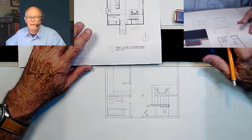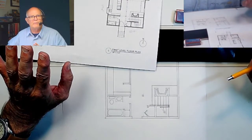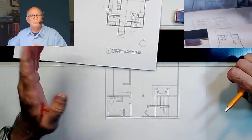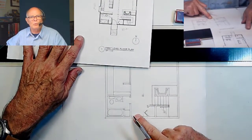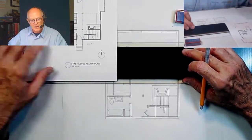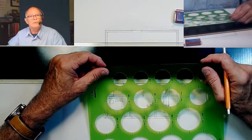Let's talk about doors for a minute. As you saw in the lecture, we talk about the doors and how they're represented, and there's a variety of ways of showing them. But generally speaking, the standard is to show the door in a 90-degree open position. So I'm going to go ahead and do the entrance door, the back door, and the door at the bathroom or the lavatory. And to do that, we need to be thoughtful of the fact that the door has